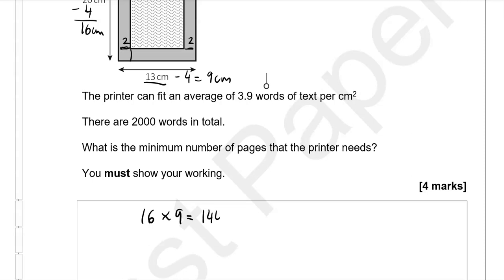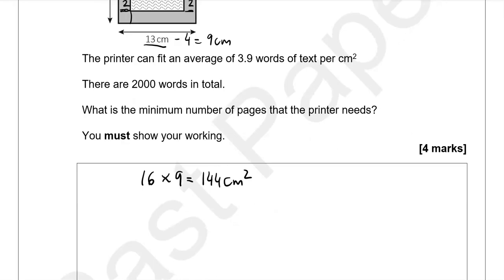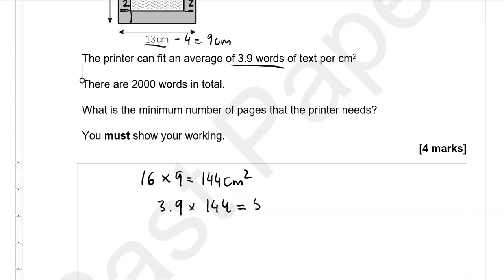Which gives us 144 centimeters squared. 3.9 words fit into each centimeter squared. So how many will they fit in 144 centimeters squared? So we're going to multiply 3.9 by 144 to see how many words will fit in one page. And that is